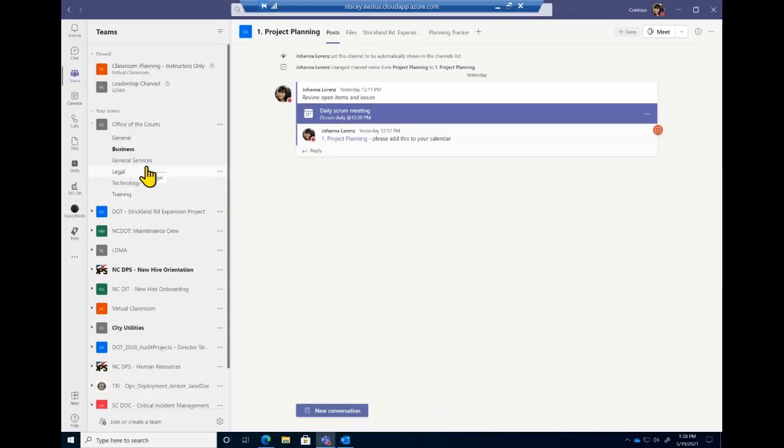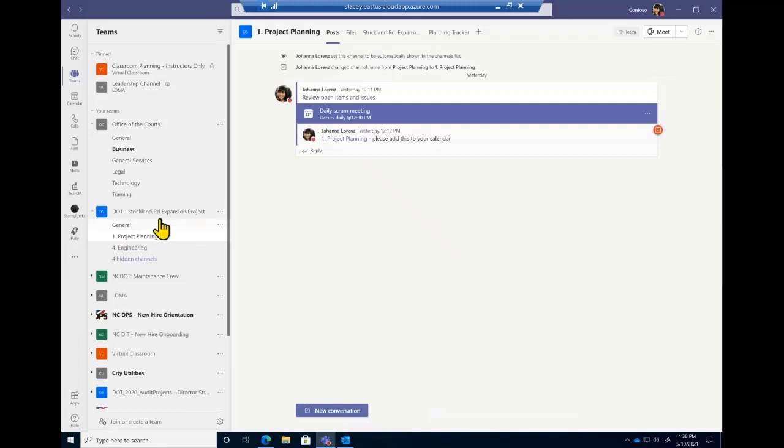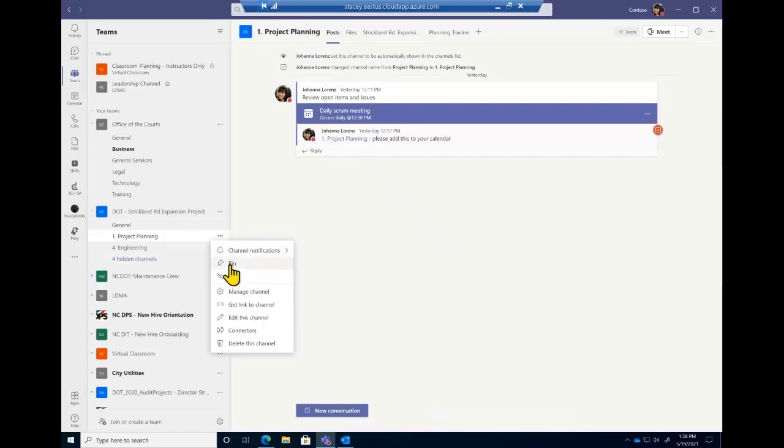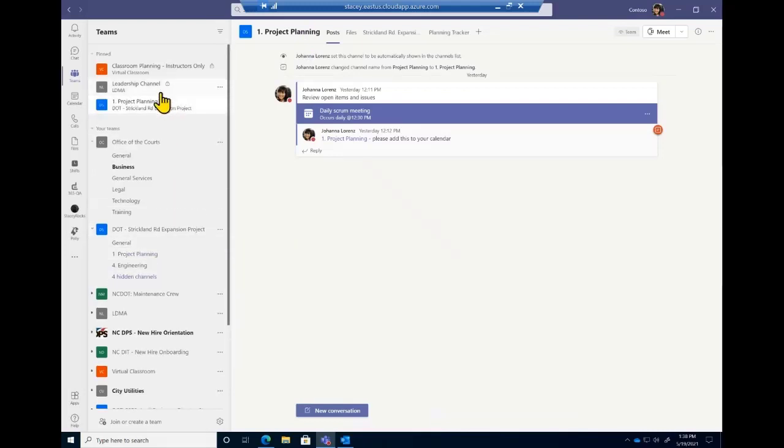Just like chat, the first thing I will say is you notice I can pin channels as well. So if you have a particular, let's say this road expansion project, I'm a part of the daily Scrum meetings for the project planning team. I can come in and I can pin this so that it stays up at the top.